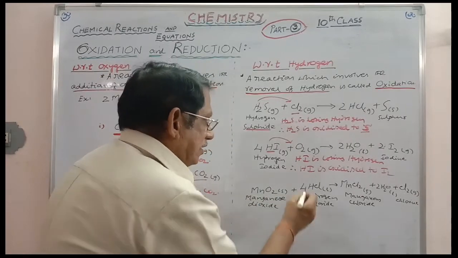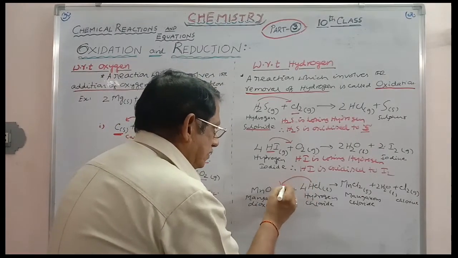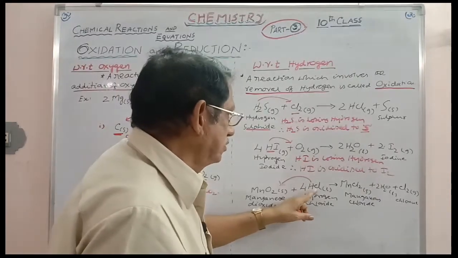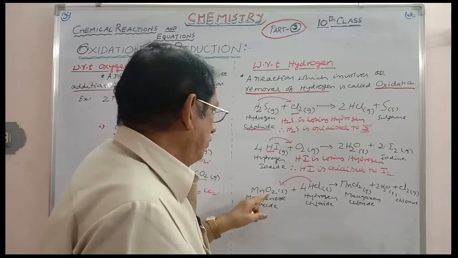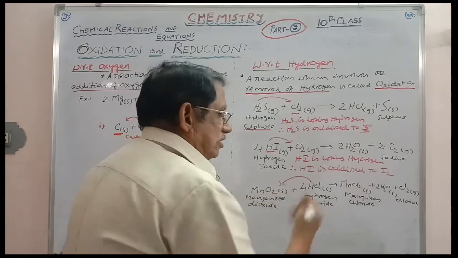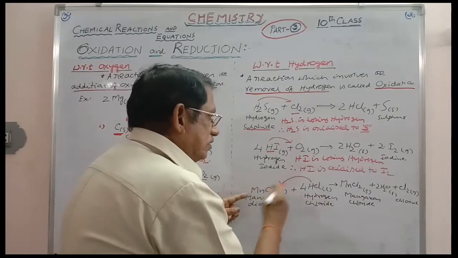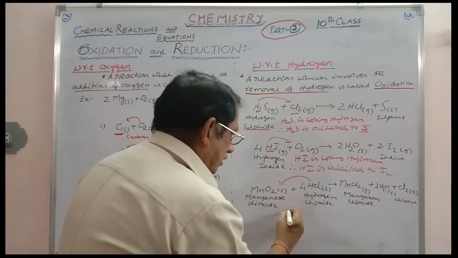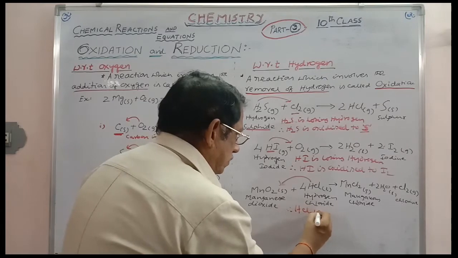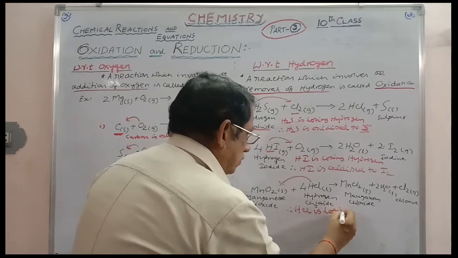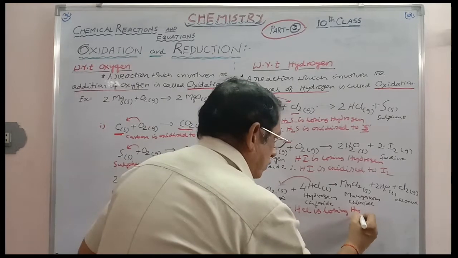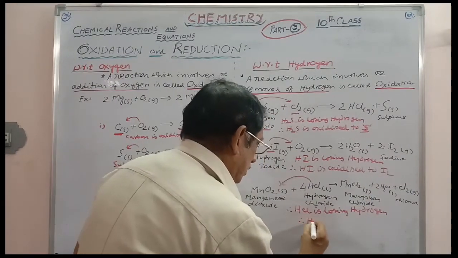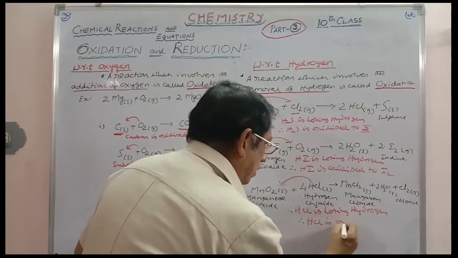HCl is losing hydrogen, and is converted to Cl2. MnO2 is taking hydrogen, it is converted to MnCl2. Accepting hydrogen is reduction, losing hydrogen is oxidation. And so here, what do you have to say? HCl is losing hydrogen, converted into Cl2. And therefore, HCl is oxidized